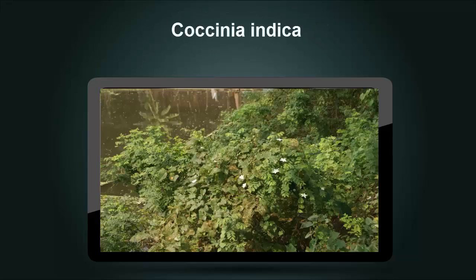Coccinea indica. Coccinea indica is also known as the ivy gourd and grows wild across the Indian subcontinent. Traditionally employed in Ayurvedic remedies, the herb has been found to contain insulin mimetic properties. Significant changes in glycemic control have been reported in studies involving Coccinea indica, and experts believe that it should be